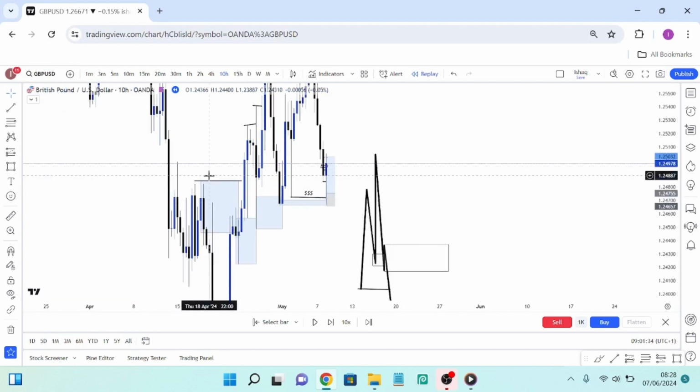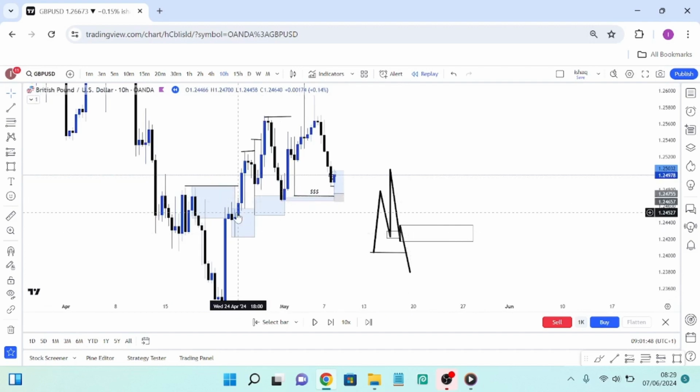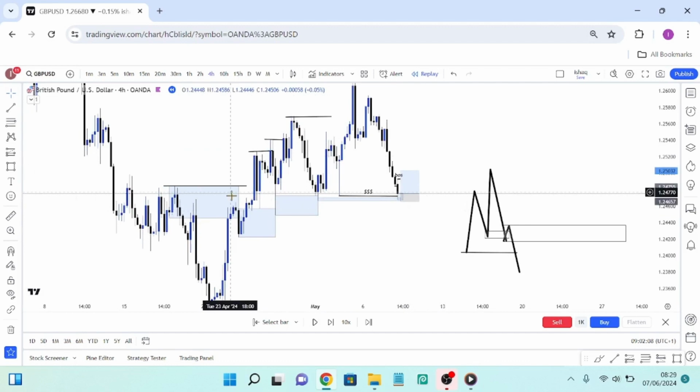So when the market tapped and disrespected the supply, I was looking to take buys, which, when the market confirmed that we're now in a bullish market, is when the market tapped into the swap zone. A swap zone is simply an order block which has formed in a previous order block that was disrespected. For example, it can only be two-way. A swap zone can only happen if a supply is in a demand which was previously disrespected, or a demand in a supply which was previously disrespected. This supply is disrespected and a demand has formed within that supply, so that is known as a swap zone.